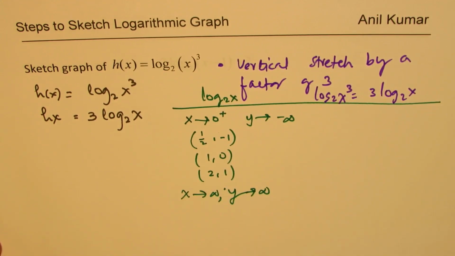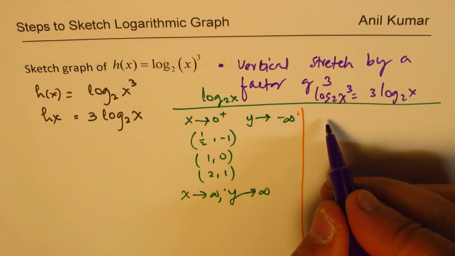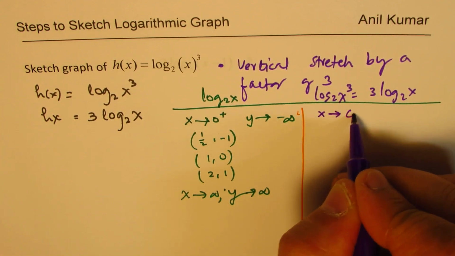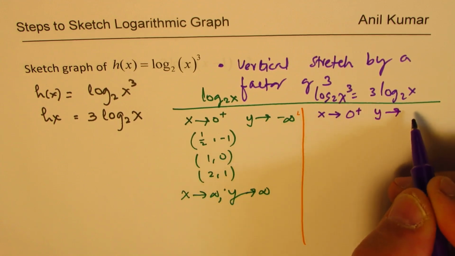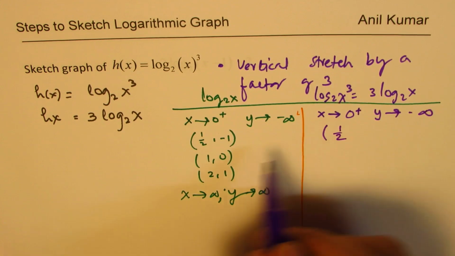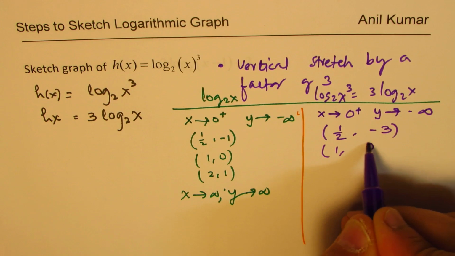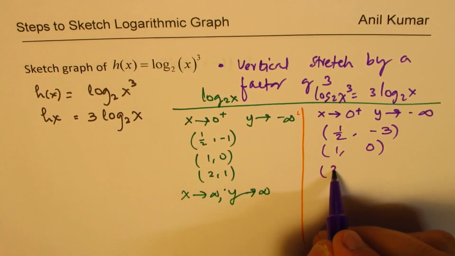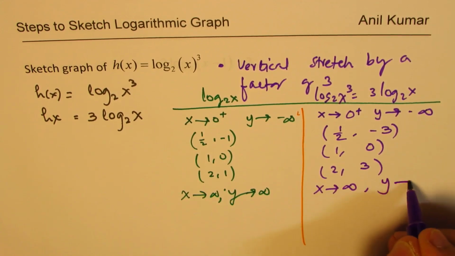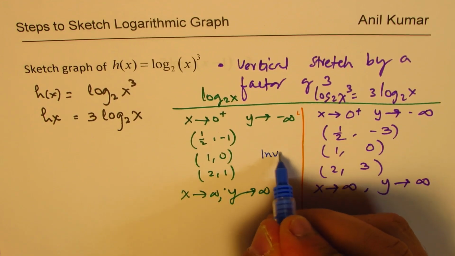Correct. So, keeping that in mind, here is my transformed set of 5 critical characteristics and values. So when x approaches 0 from the positive side, y still approaches negative infinity. The point which is at half gets multiplied by 3, so we get minus 3 here. At 1, we still get 0. This is invariant point. At 2, we get 3. And when x approaches infinitely large value, y also approaches infinitely large value. So you see this point is invariant, right? It is same